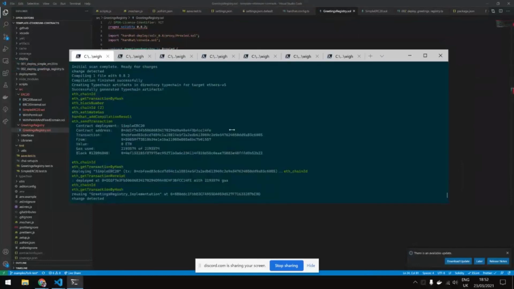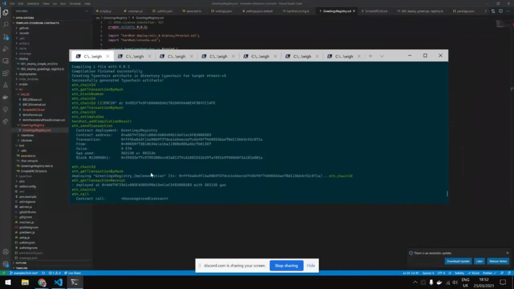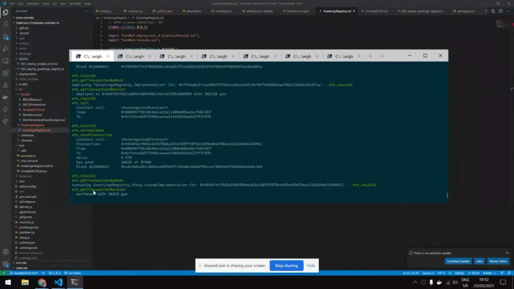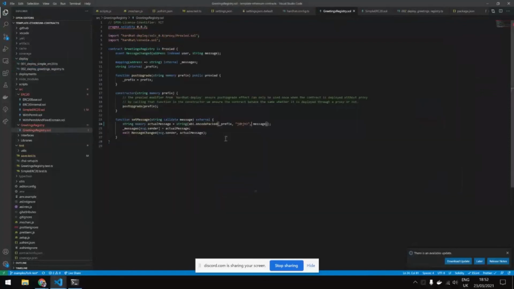The change is detected, so executing change implementation, so the proxy is being called with the function change implementation, which basically updates the implementation but keeps the same address.